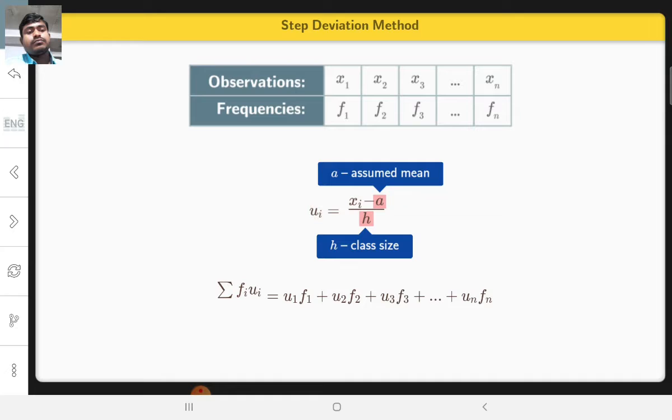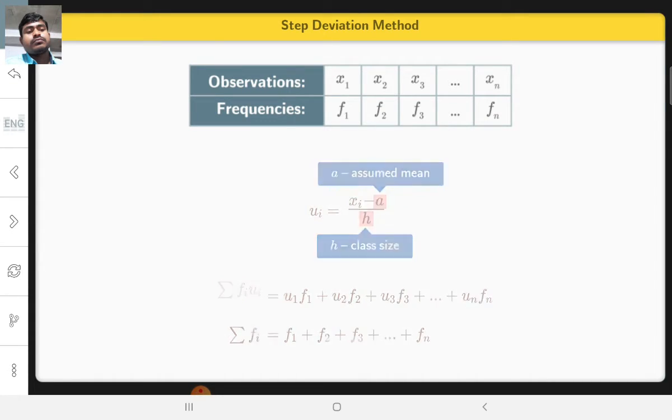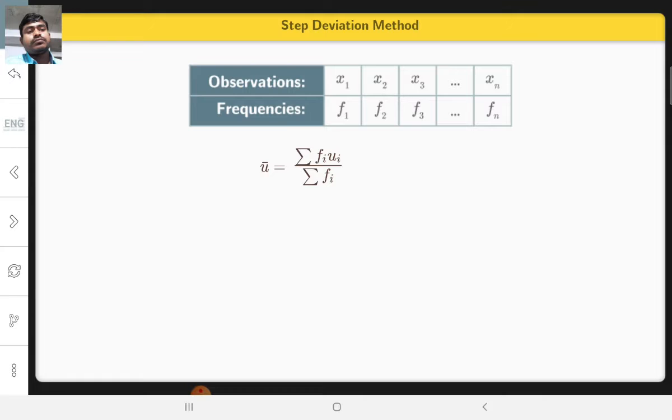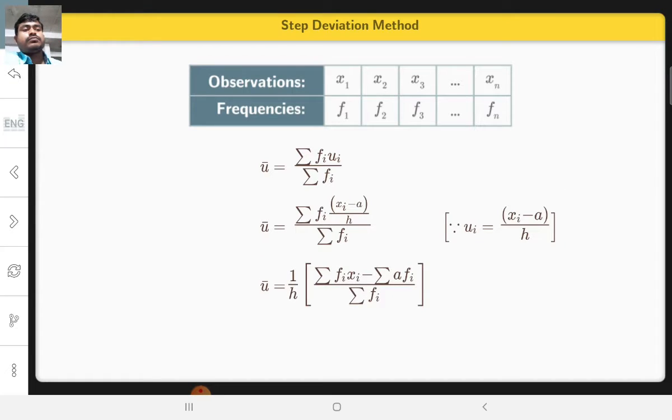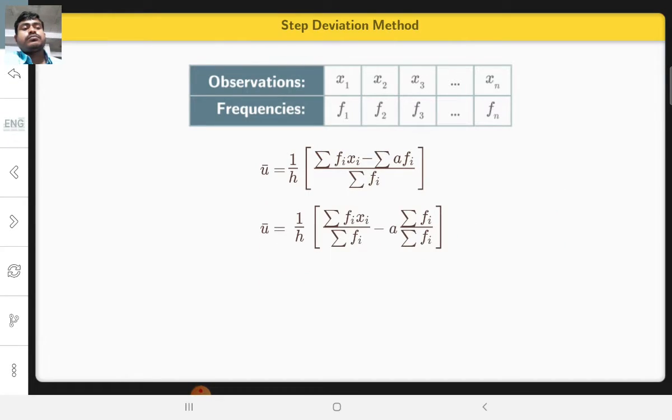We will now multiply ui with corresponding frequencies fi to find sigma fi ui. Then we add all the frequencies to calculate sigma fi. We can find the mean now as, substituting the value of ui as ui is equal to xi minus a divided by h, we get. Thus, we get the mean as